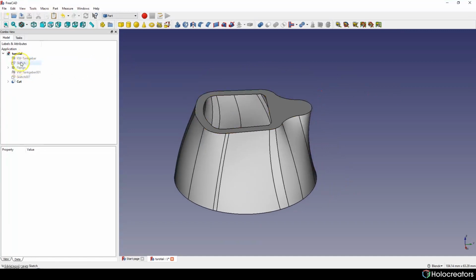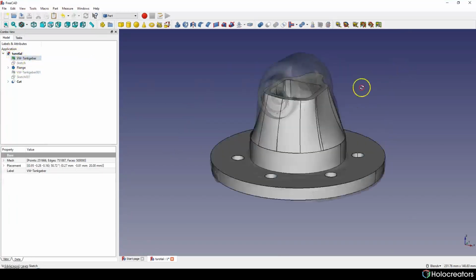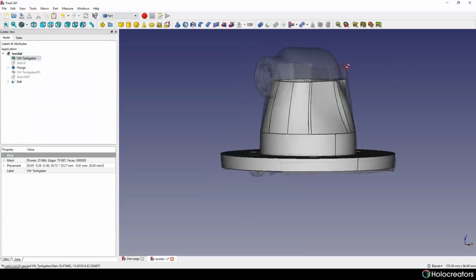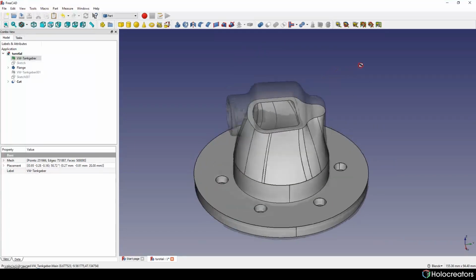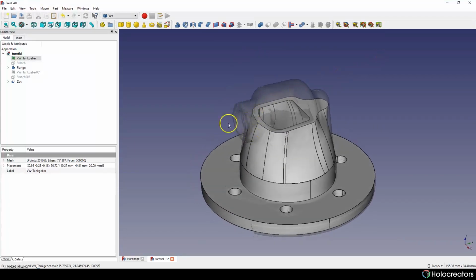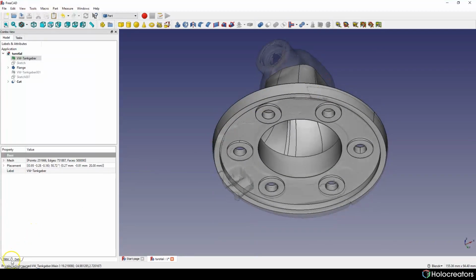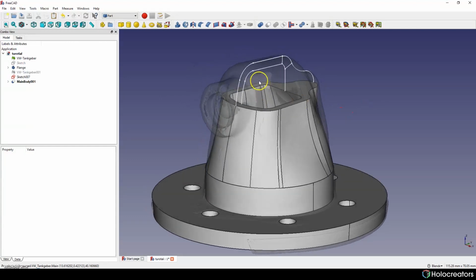Next we will create this circular shape here on the top, and this attachment too. In this part we're gonna create this top covering part.